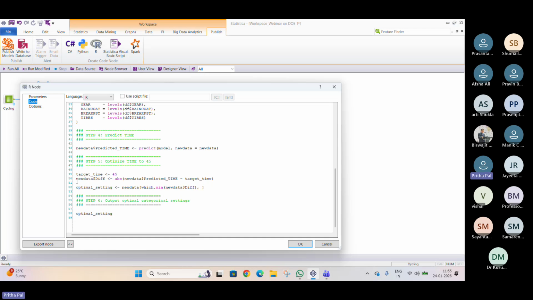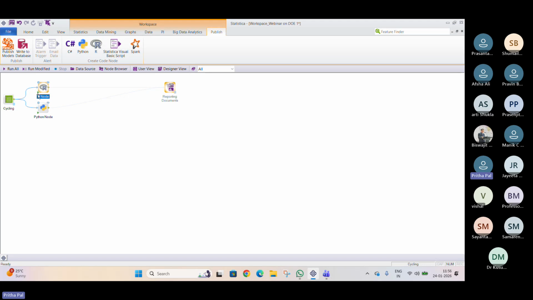Next, I have written this command, time minus target time. This command is written in order to get a value as close to 45 as possible. Next, the optimal setting: to get the optimal factor settings for all the independent factors in order to get our desired predicted value as 45. So now if we run the node,